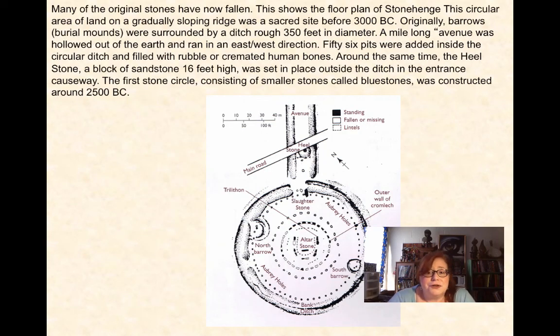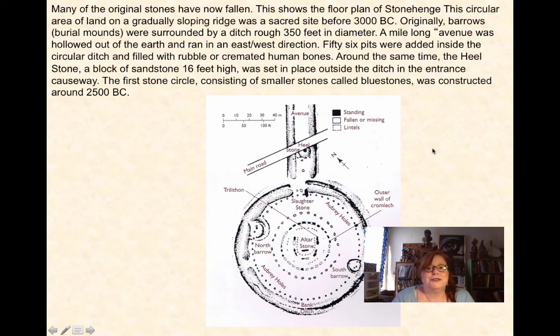And most of the original stones have fallen. This is a drawing of the original floor plan of Stonehenge. And so it's a circular area of land on a gradually sloping ridge, and that was a sacred site long before 3000 BCE. So originally they dug barrows or burial mounds surrounded by a ditch about 350 feet in diameter, and then entering the circle was a mile-long avenue hollowed out of earth, and it runs in an east-west direction,